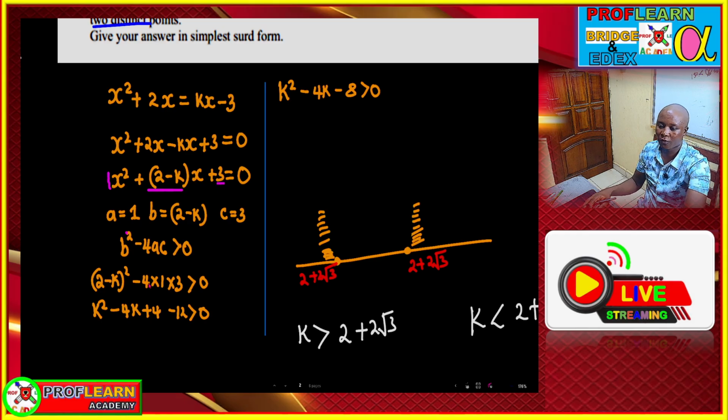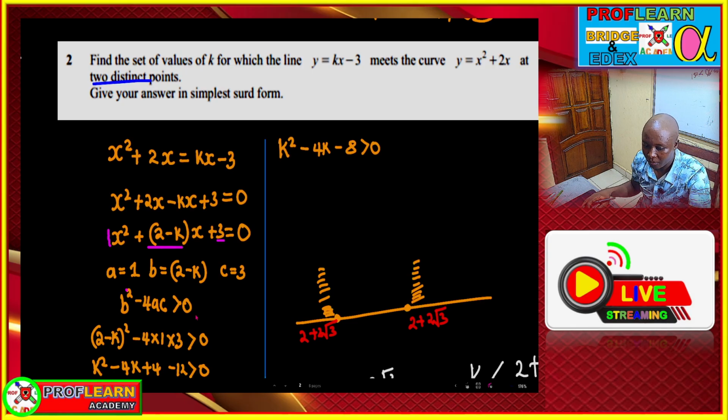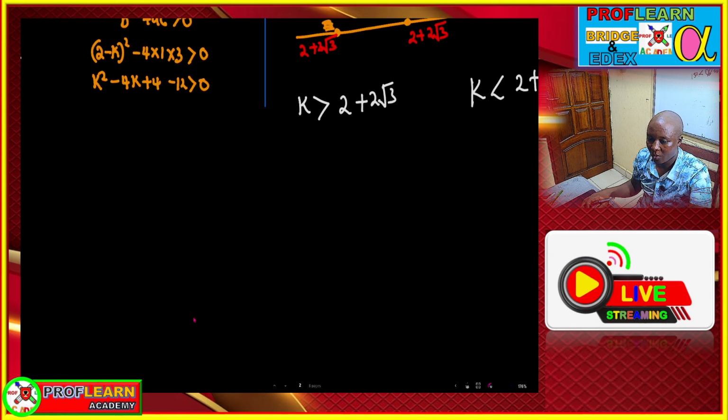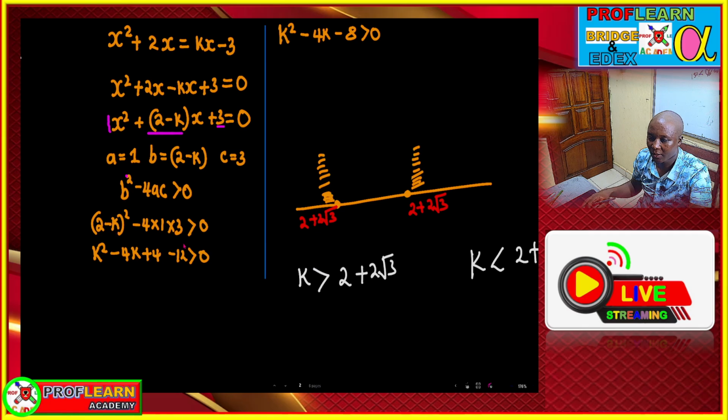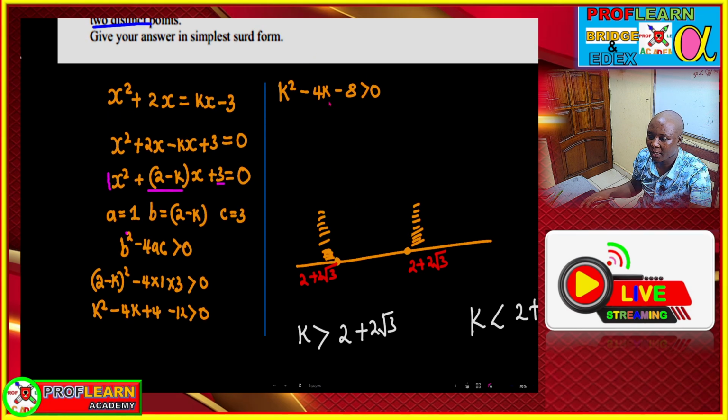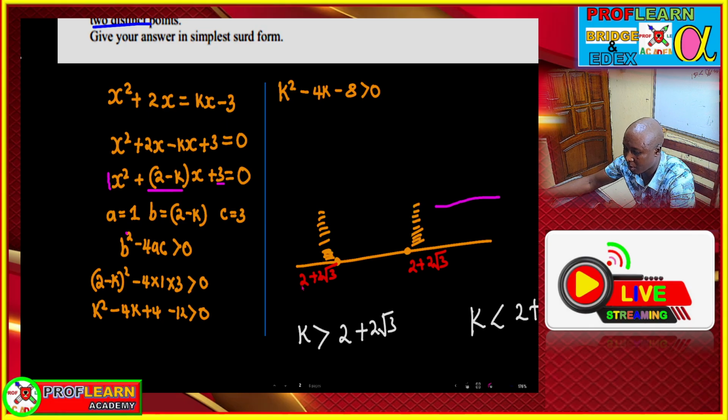If you try to find the discriminant, you are going to form an inequality because it must be greater than 0. The inequality that forms here will be a quadratic inequality, which means that if you solve this quadratic inequality, first you treat it as a quadratic equation and solve to get the critical points. Once you have the critical points, this point will be 2 minus 2 root 3, and the other one will be, let me just correct this. This is minus here,